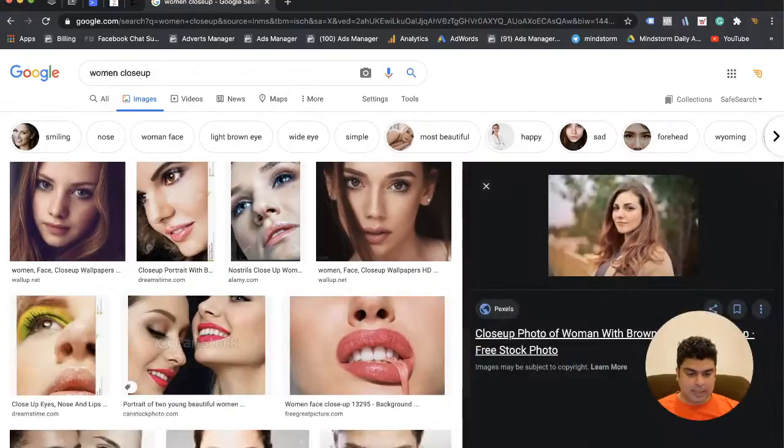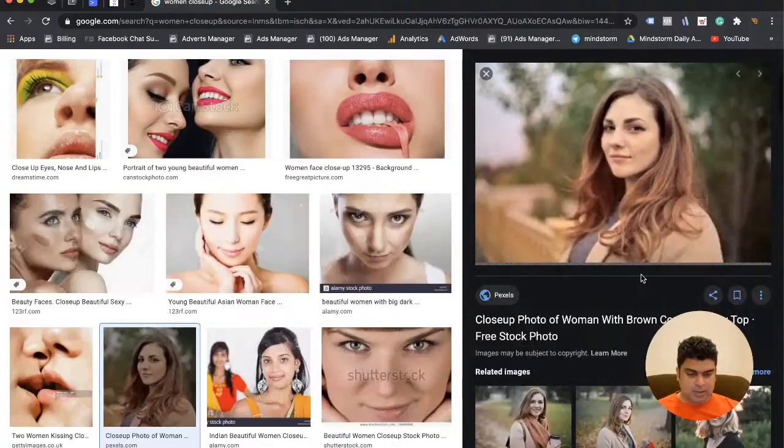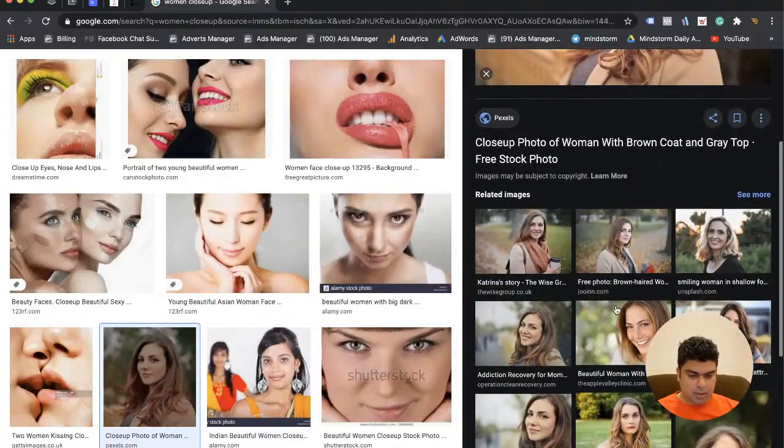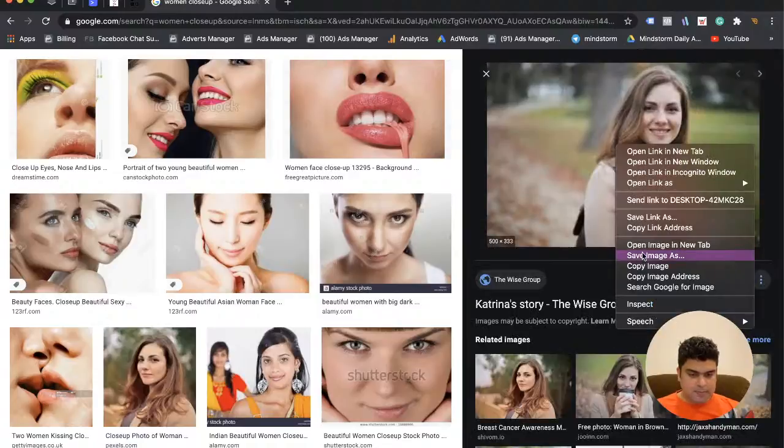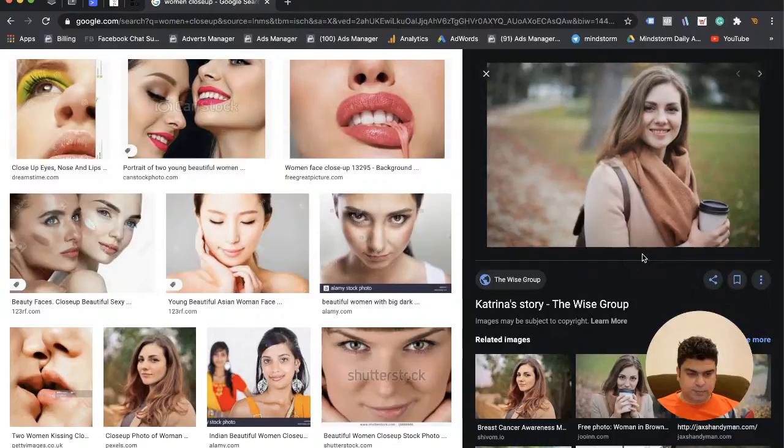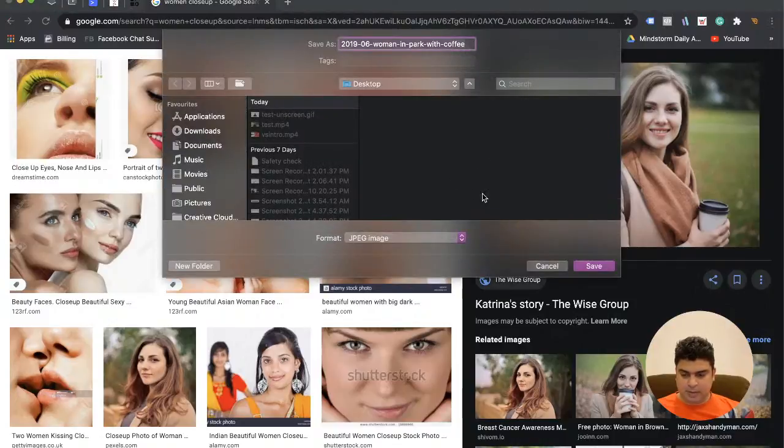So for example, let's have a look at this one. There is this particular image. Okay, there are a lot of other images over here, so you can see these, right? I'm just going to pick up one image. Let's pick up this for an example. Okay, I'm just going to save that. I'm just going to call that something,